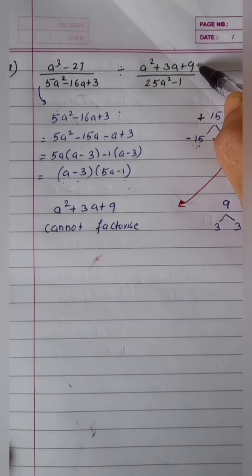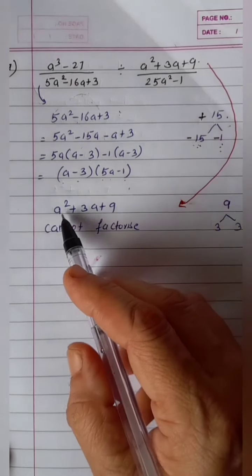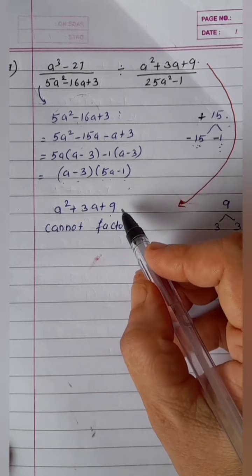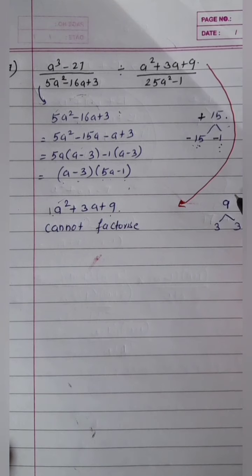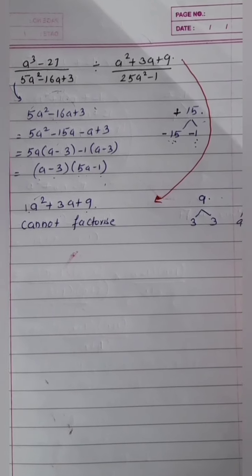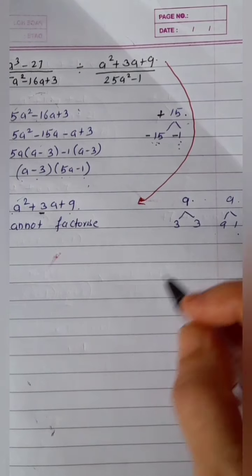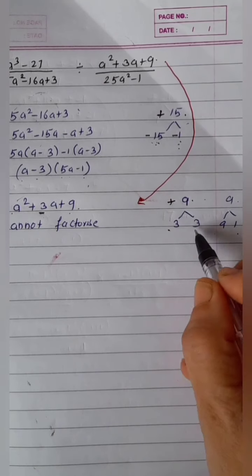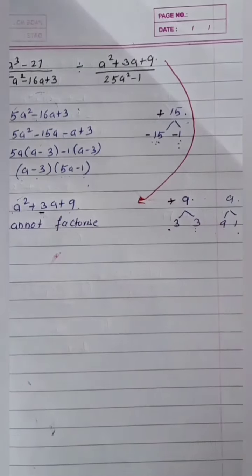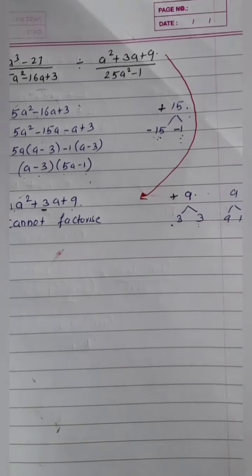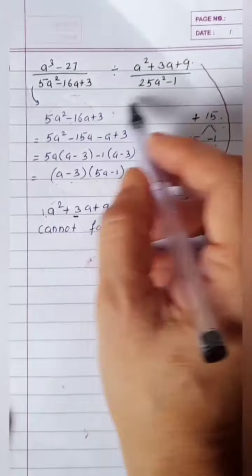Now let us see whether we can simplify this also. A square plus 3a plus 9. I'll just try solving. Here the product is 9. Coefficient of first term is 1. 1 into 9. What are the factors of 9? 3 3s are 9 and 9 1s are 9. But you want the middle term as 3. And as I told you, when the product is positive, we add it. So 3 plus 3, it will be 6. 9 plus 1, it will be 10. So we cannot factorize this. We cannot factorize such algebraic expression. So we will just leave it as it is and we will see how we can simplify this.